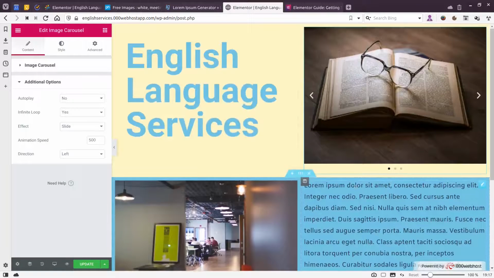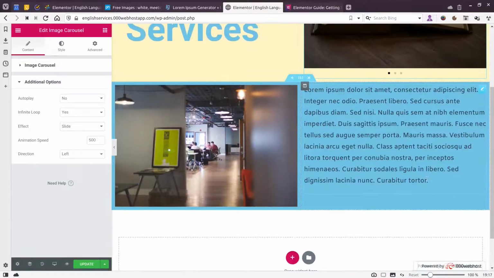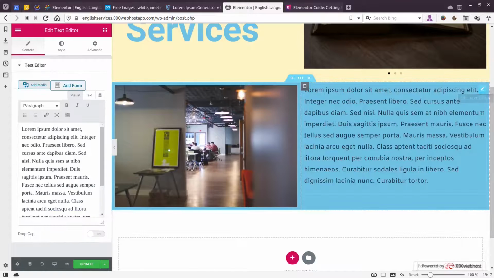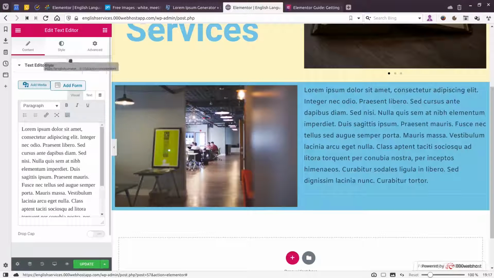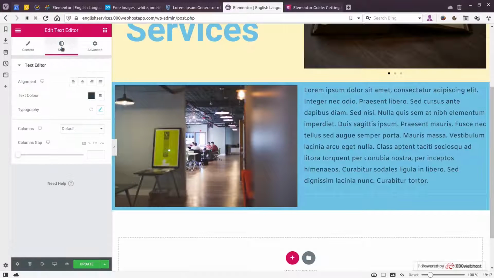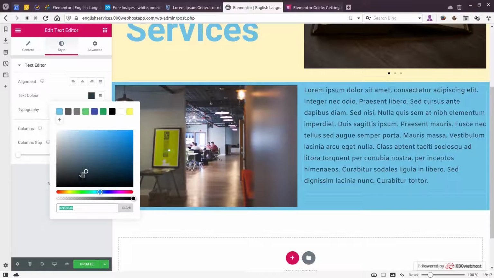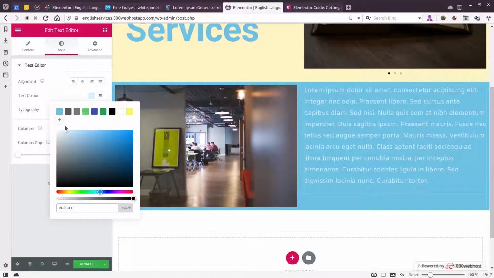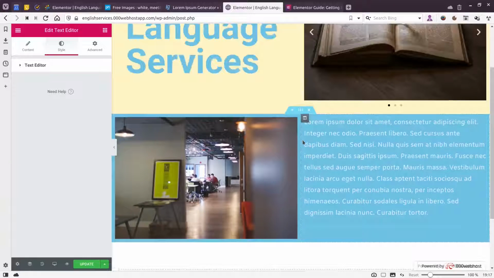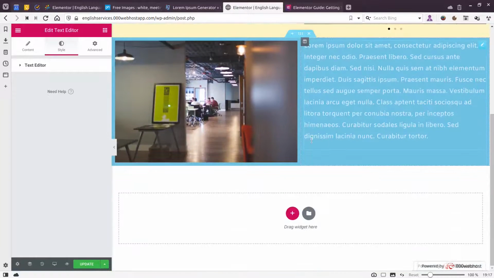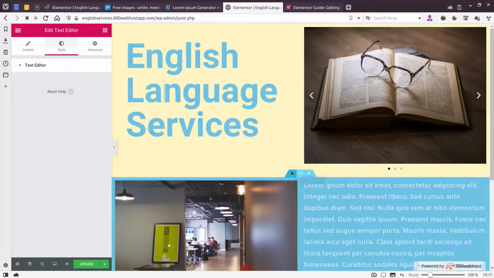Right, and that would also look interesting. Then you might want the text to be white. Okay,